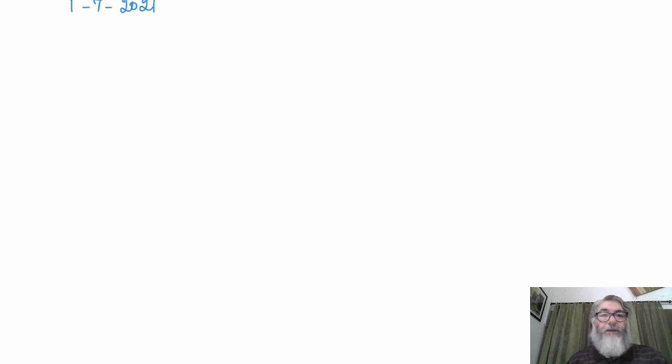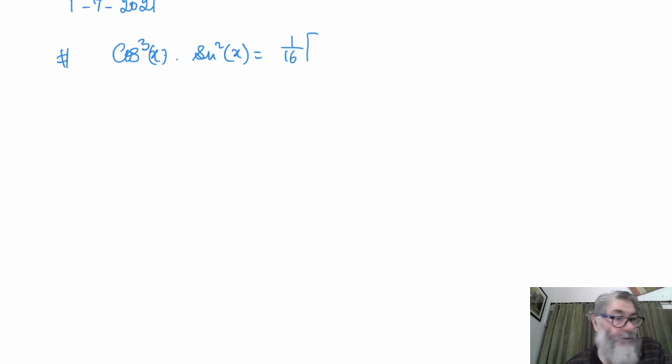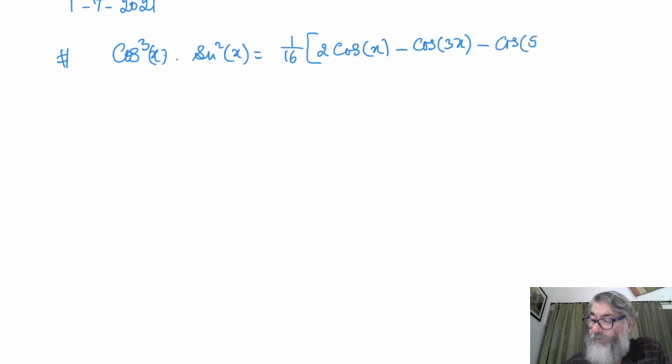Good afternoon, children. We are going to do some work on trigonometric problems. Like, we have to prove cos cube x into sin square x is equal to 1 upon 16 (2 cos x minus cos 3x minus cos 5x). Now we told you that always we try to prove from left hand side to right hand side, but